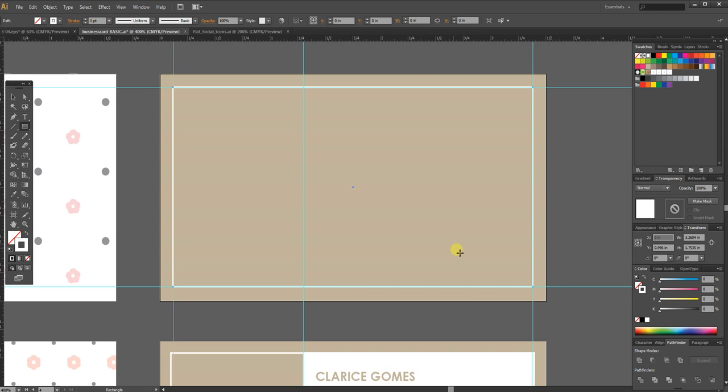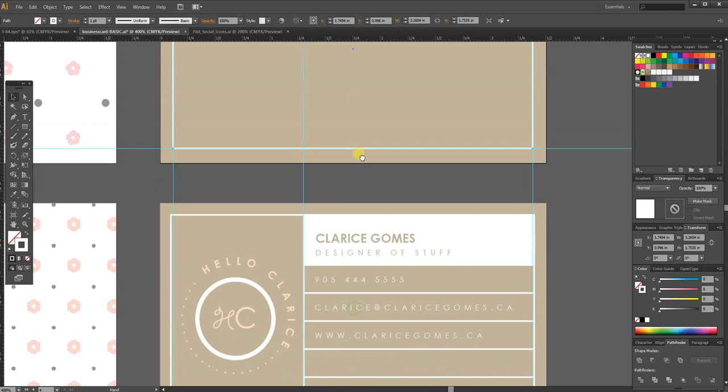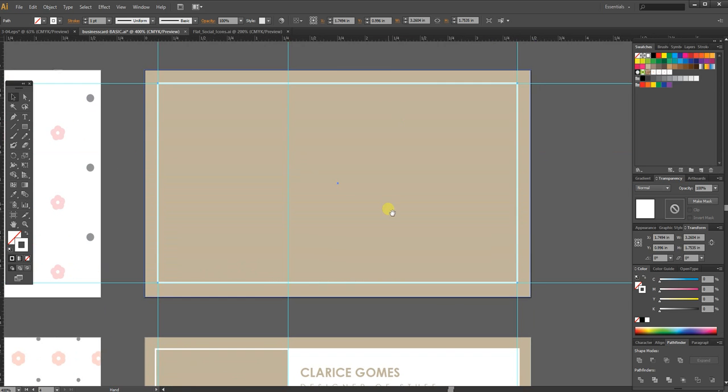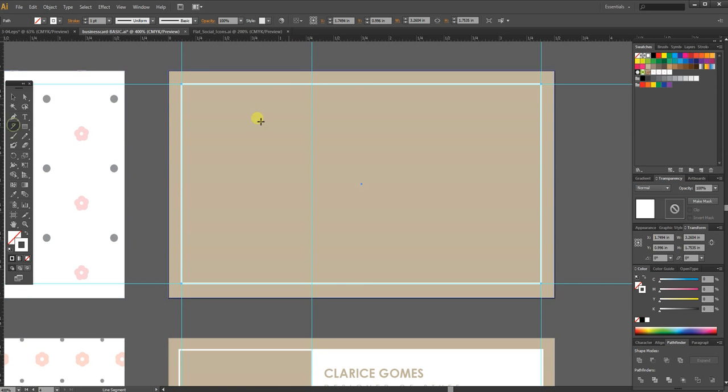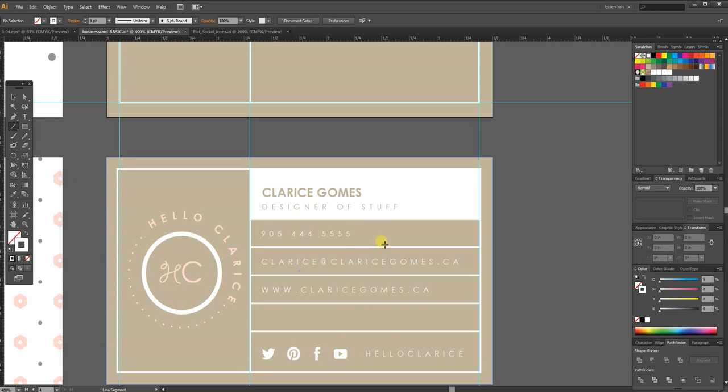And that gives us this. That's perfect. I have this guide in place to reflect the division in the card where the logo will be. And so again, I'm going to do this with the line segment tool selected. Okay, great. Now with the same thing selected, I will create these other lines that will be representing the contact